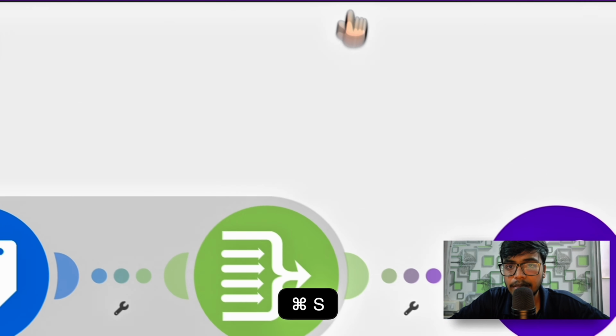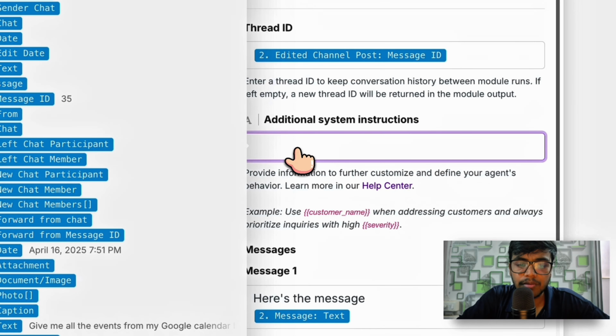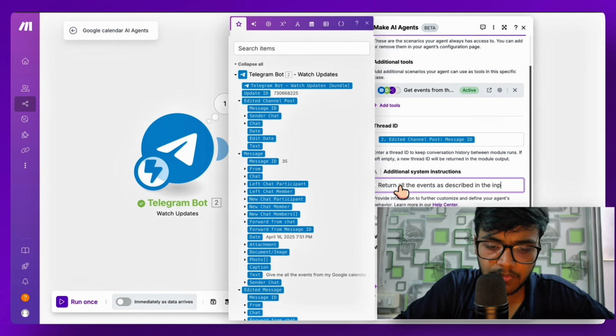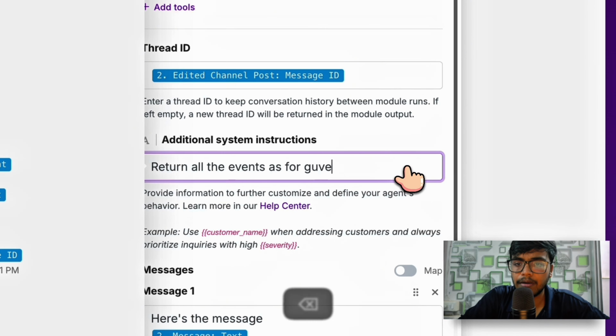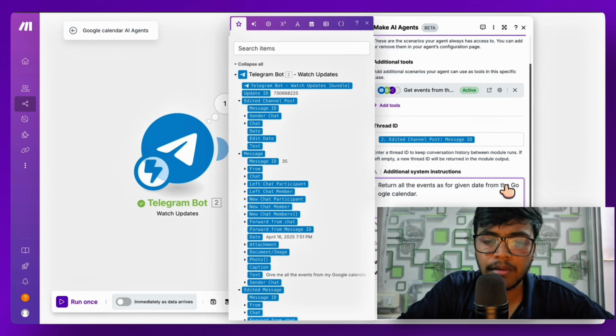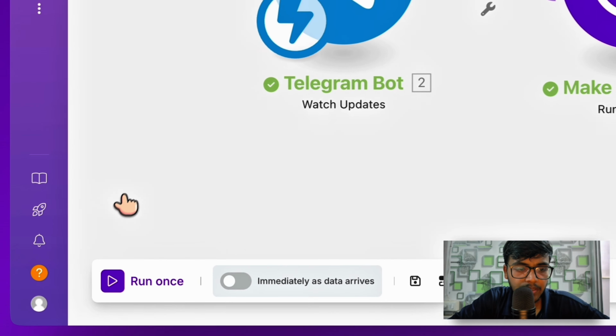Now there's one more thing we need to do with this one, which is to add an additional instruction. So: return all the events as described in the input, for the given date from the Google Calendar, and make sure that you only return events for this year. This is the additional instruction that we are giving to our agent, and now it's time to run